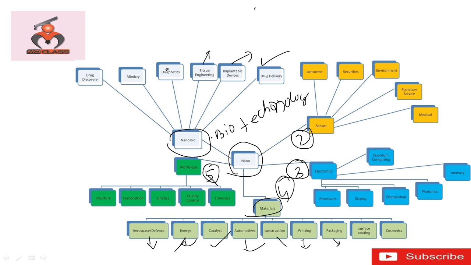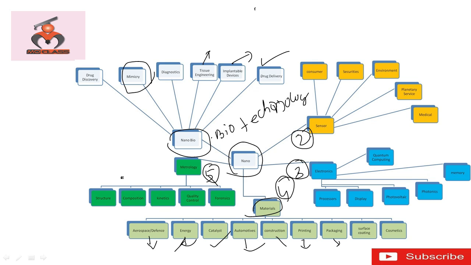Next is diagnostics. We can use nanotechnology for rapid testing of blood samples to detect diseases quickly. Next, we can study the patterns that happen in nature, and from those patterns we can make products for our society. That will be covered in mimicry. Next is drug discovery, where we can detect the disease location and how the disease area behaves towards our nanoparticles.